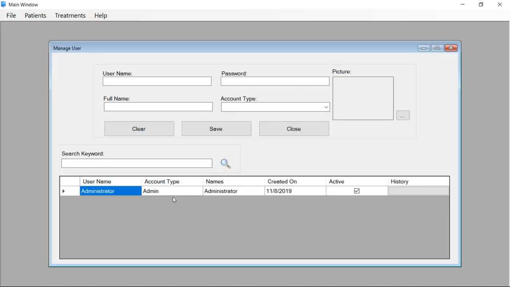And if you search the list of users we have already, we have just the administrator, and I can decide to add a new user, say staff one, and password say 1234 as well. Okay, and the account type, let me make him a staff. Okay, here the full name I can just say John Smith or anything at all, and we can add a picture for the staff.